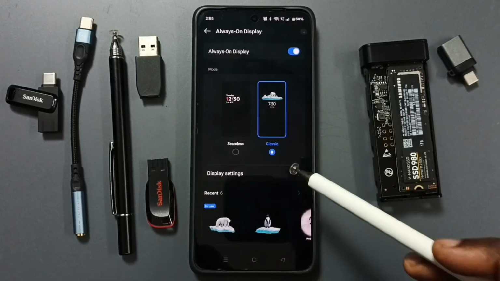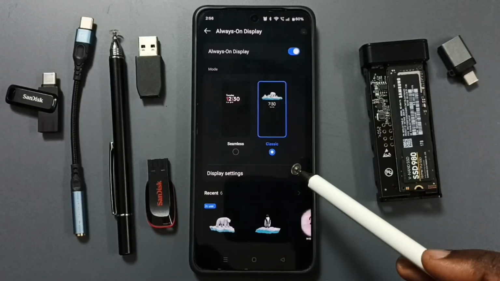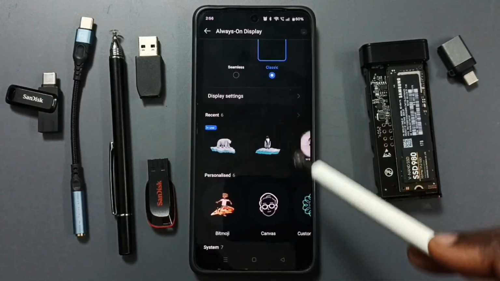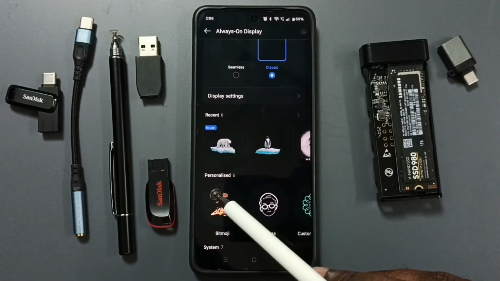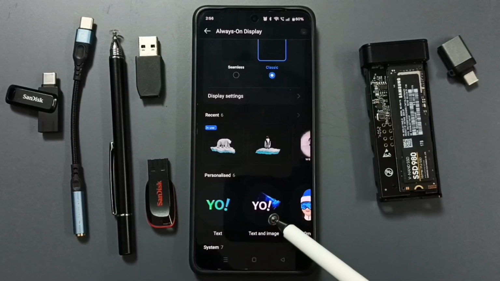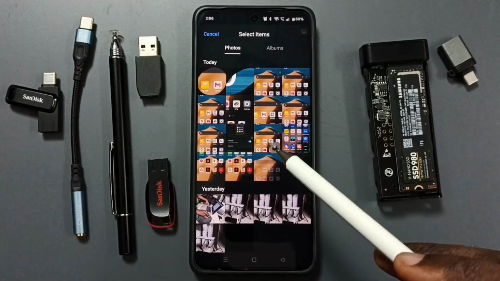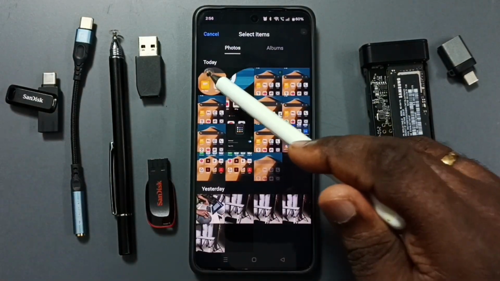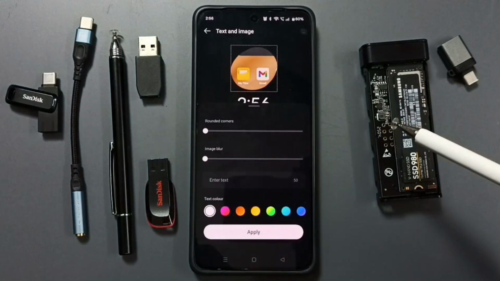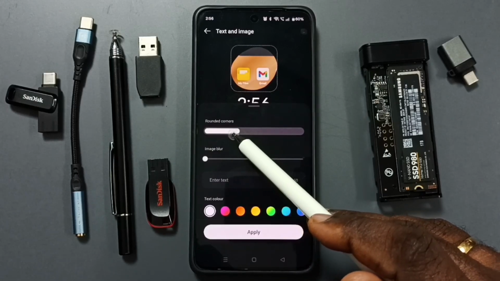Let me go back. Next I will show you how we can create our own always on display, how to create customized always on display. Let me go down. Under this personalized, select this text and image, tap on this icon, then from your phone you can select one image. Let me select this image, then tap on this icon on top right corner, and here you can adjust,